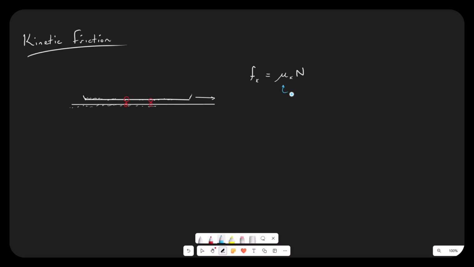This is a Greek letter mu, lowercase. This thing is called a coefficient of, in this case, kinetic friction. It is a unitless quantity,